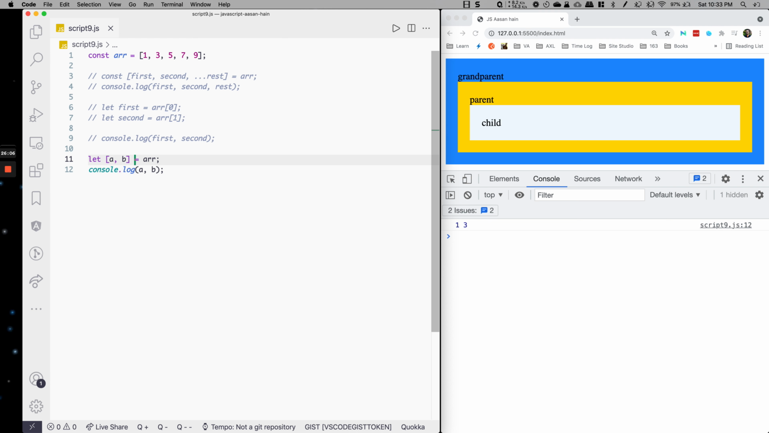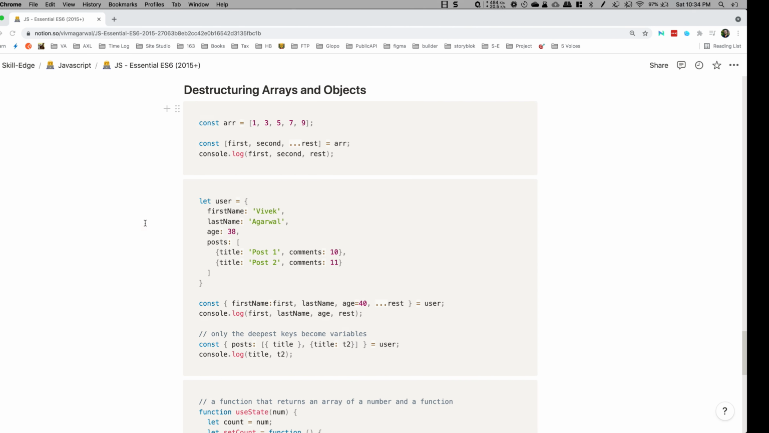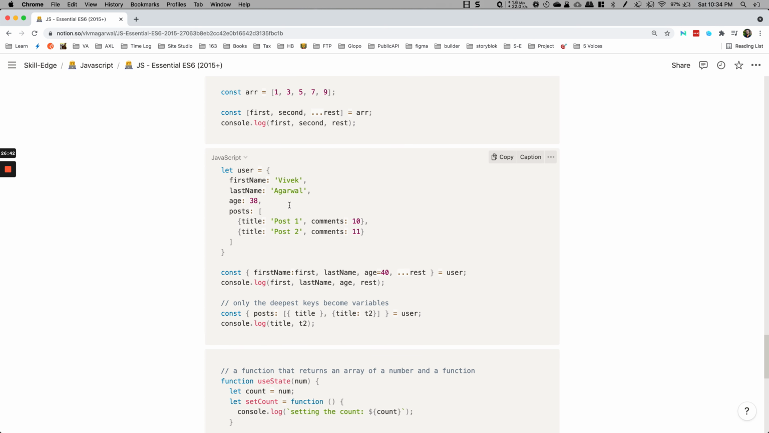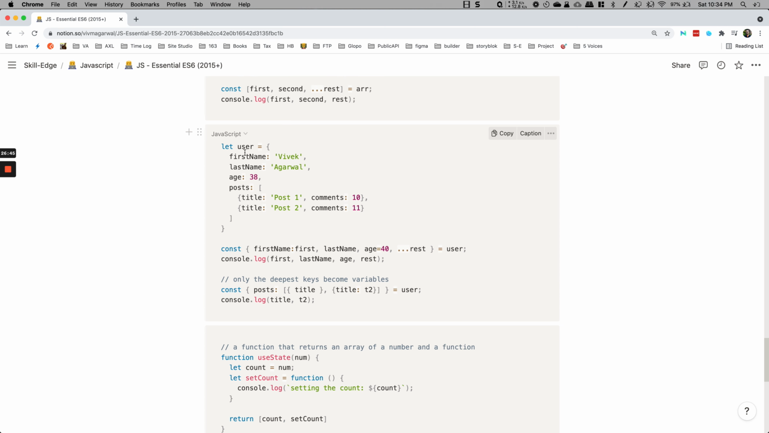Now, there can be any number of items and I want the rest of the items, right? So I can use the rest operator here, maybe c. So what I'll get is 1 and 3, and the rest of the items inside another array. Okay, so this is a very common way in which we extract elements from an array. This is called destructuring of arrays, and this is a destructuring of